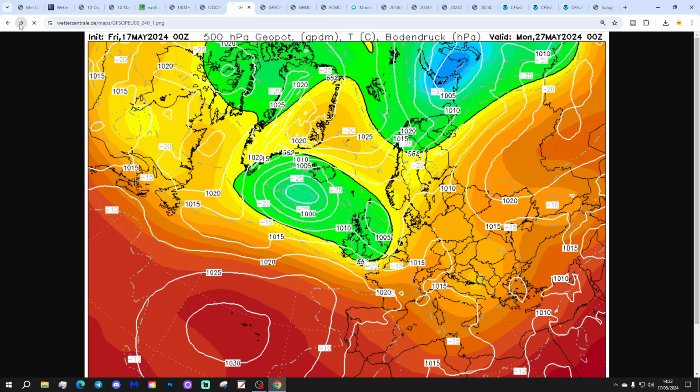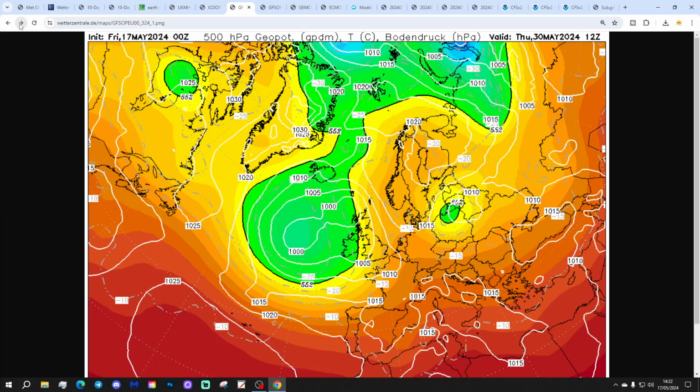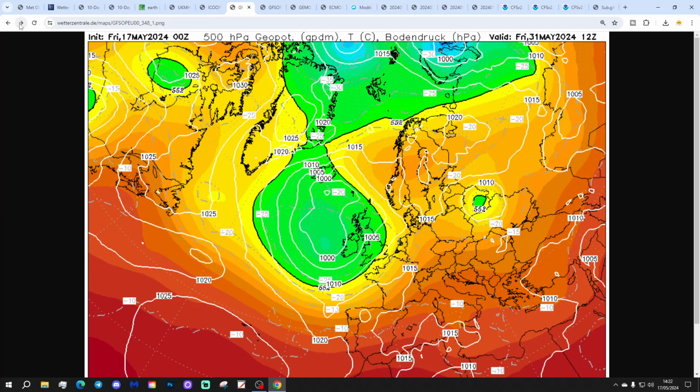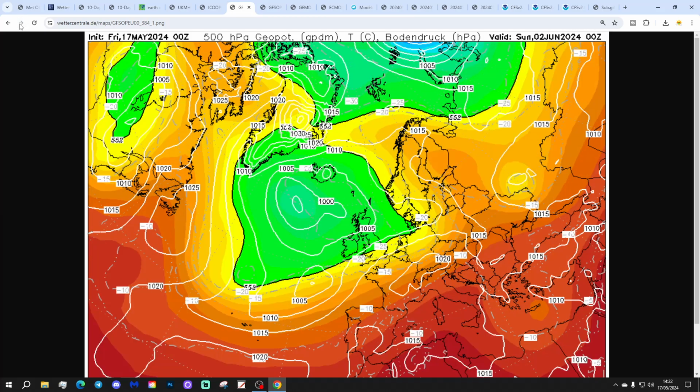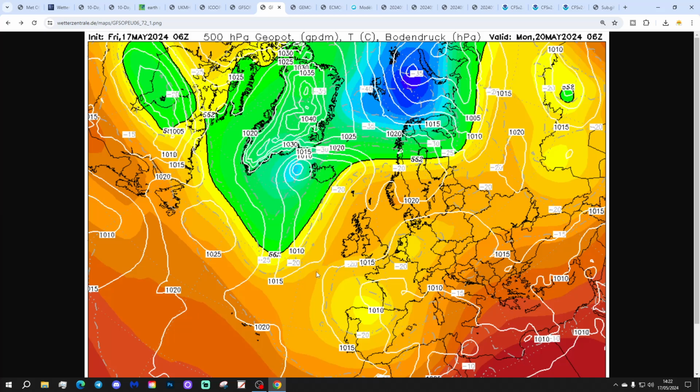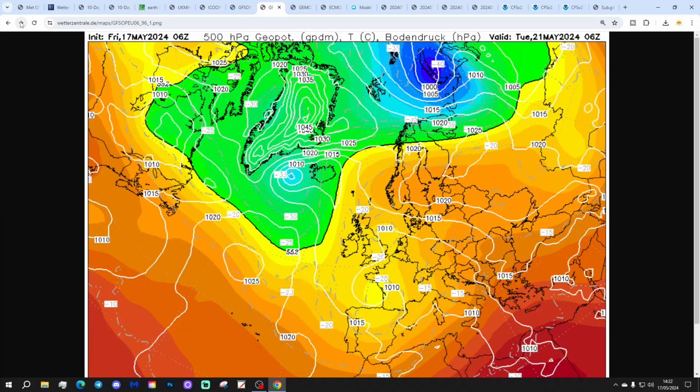That's day 10, 27th of May, and beyond that we keep low pressure coming with further spells of rain at times, so that gets us to the 2nd of June as far as we get to, with again low pressure in the Atlantic. So by the time we get to the beginning of June, we're beginning to see a reversion back to westerlies.